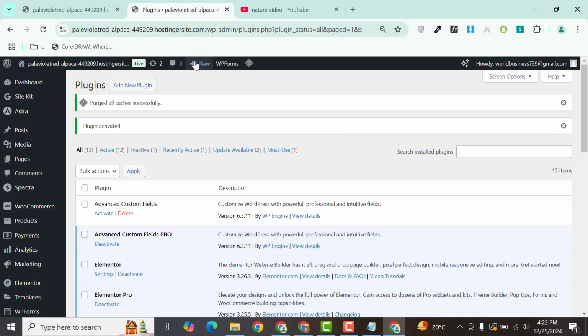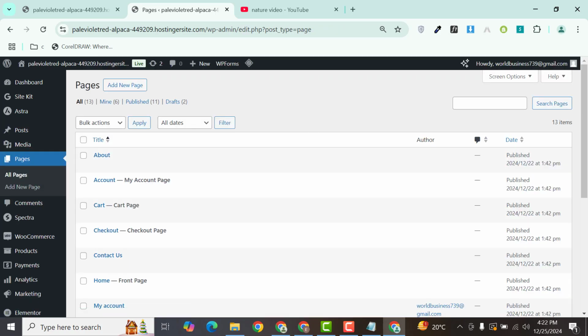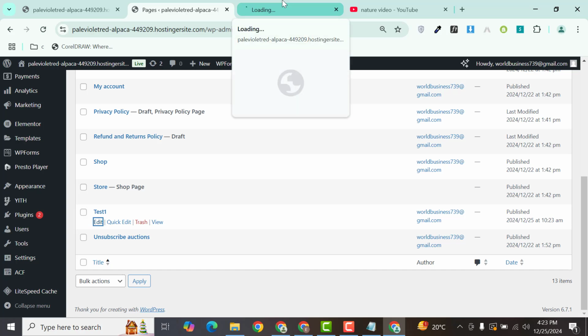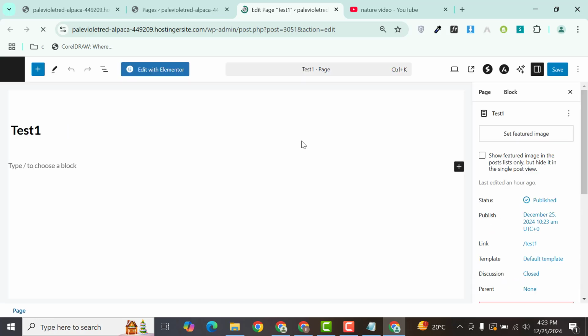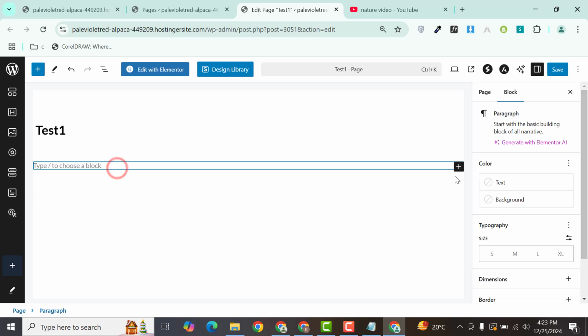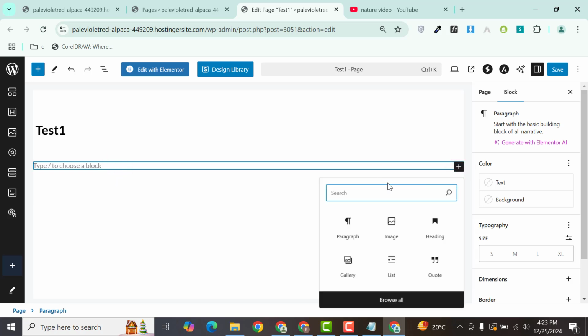Okay guys, the next step is we need to go back in the pages, and after that scroll down. Here you can see I have a test page, so just I can edit this page, and here I can add a block. So let me click on plus icon, and after that I want to add info box,